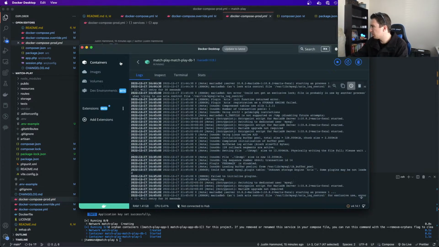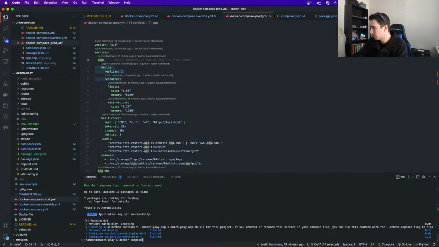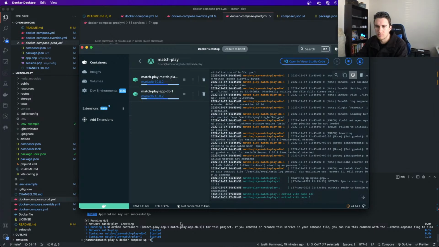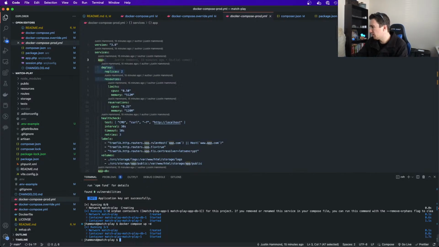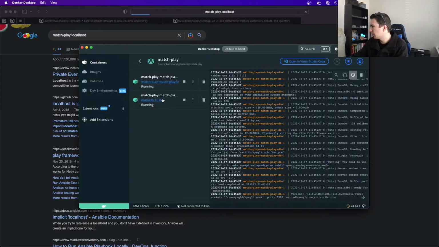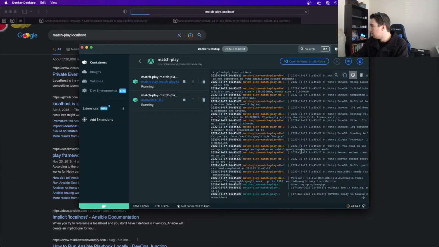Okay, so this is what we're going to do. We're going to kill this off and spin it back up with the local version. And this should have the right URL, which means that this should stop spinning, I hope. Nope. There we go. So now only one container is running, which is what we want. It says it's ready to handle connections.